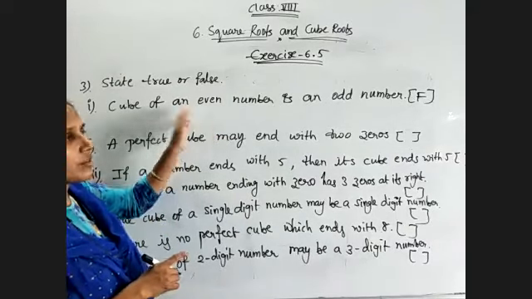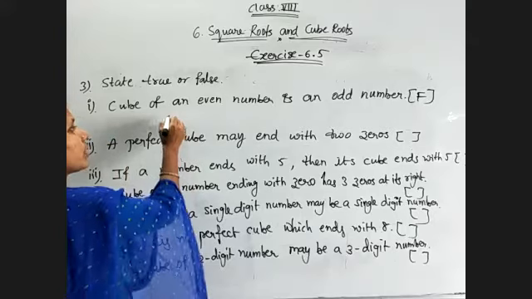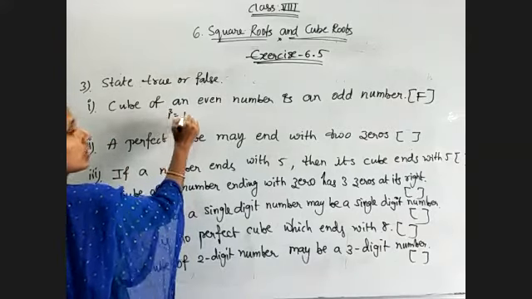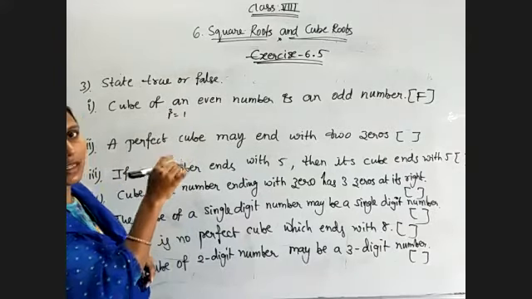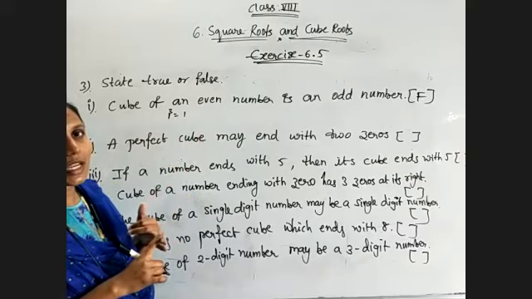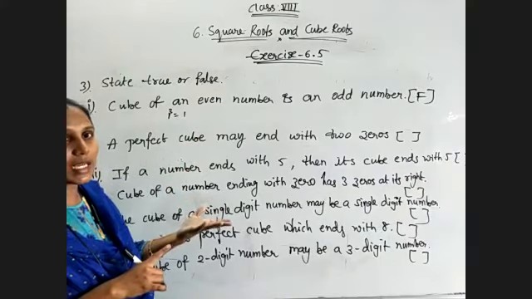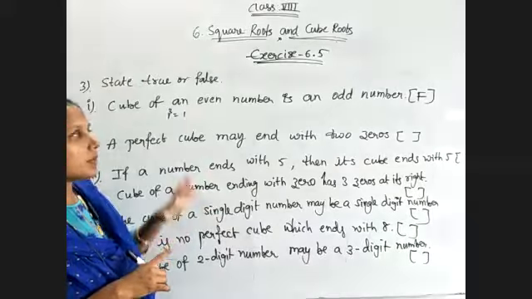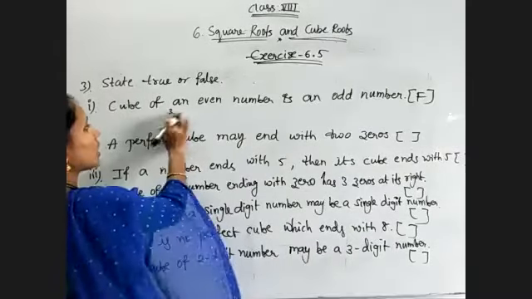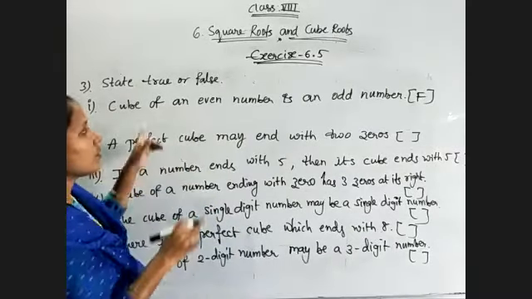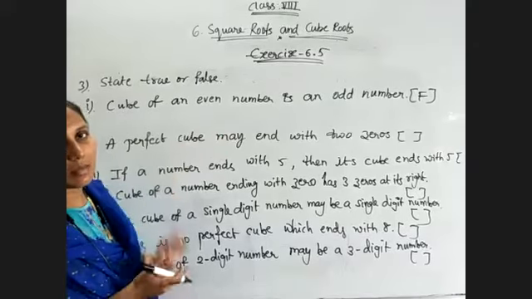Okay. And what about odd numbers we will see? 1 cube we will get 1. 3 cube is 27. Whatever numbers we are taking, odd numbers, all those cubes are ending with odd numbers only. Means all the cubes of odd numbers we will get odd numbers, and cubes of even numbers as even numbers.